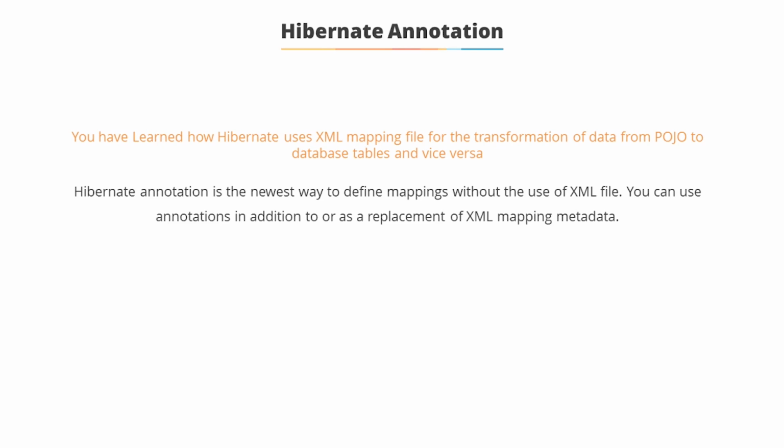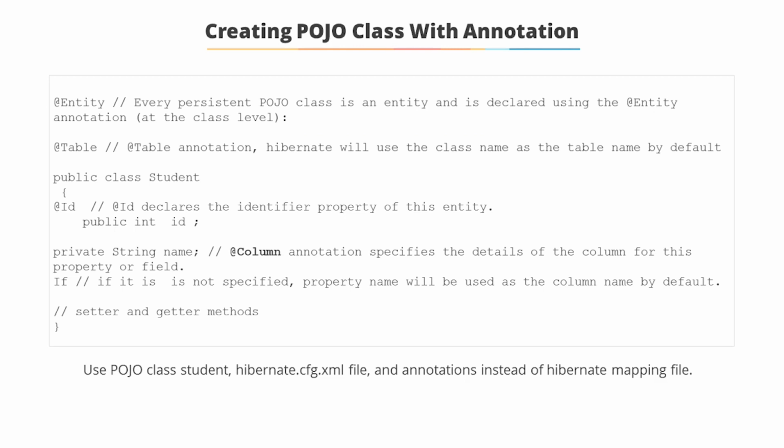So here you just need to specify @Entity as an annotation on top of your class, @Table as well, @Id if you're defining anything as a primary key, @Column if you want to change the name of the column from a database perspective, and simply save this file and provide a mapping in the Hibernate CFG XML. That's all you need to do.